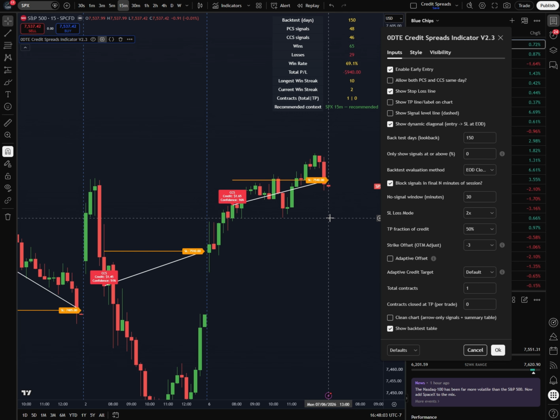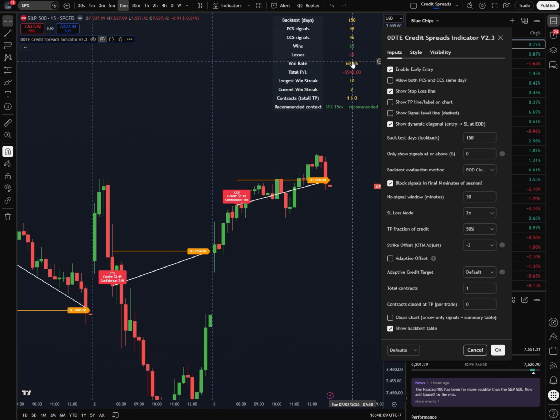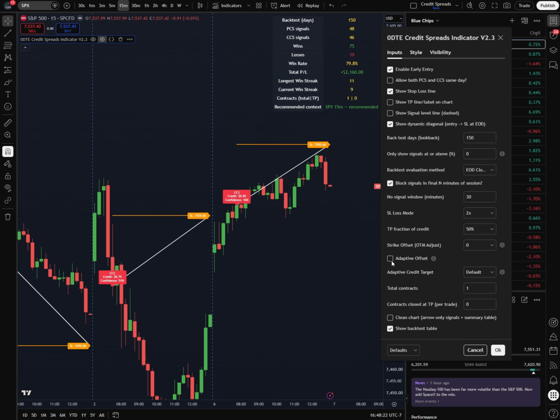So you'll see these adjust even closer if that's your type of trading that you like to do. As you can see here, it obviously impacts the backtest table, but this is not something that you would want to hold for a long period of time. This is something that maybe you're scalping, and I'll show you what that is like in just a little bit. This is the new one though, the adaptive